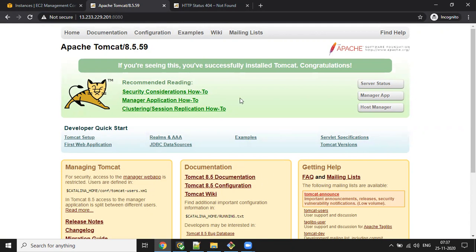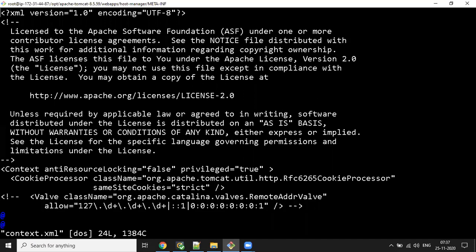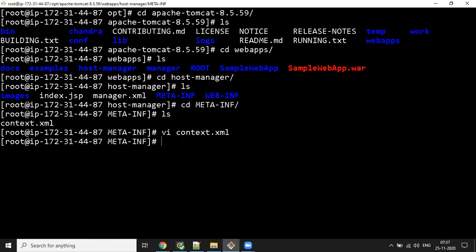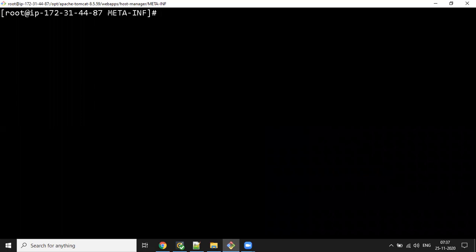Now I want to install the Apache HTTP server on my Linux instance. For that, what you need to do? Clear.